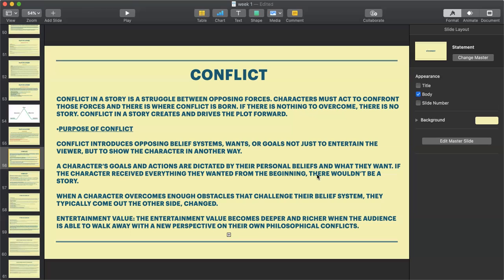And at the end, the character is a changed character, right? You really like him in the end. At the beginning, you might not like him. So that interest in the character is created by an interesting conflict. Got it? So it's all about the development of the character, and in the course, the development of the story,